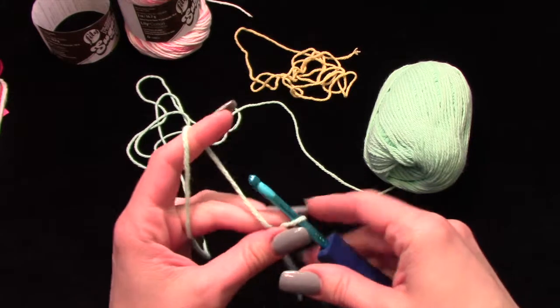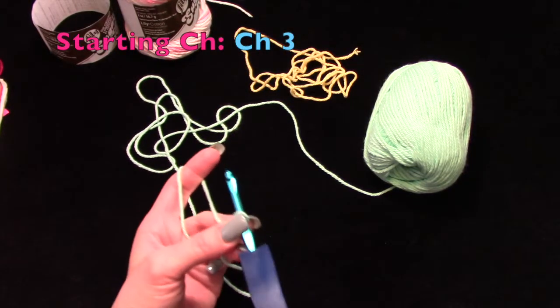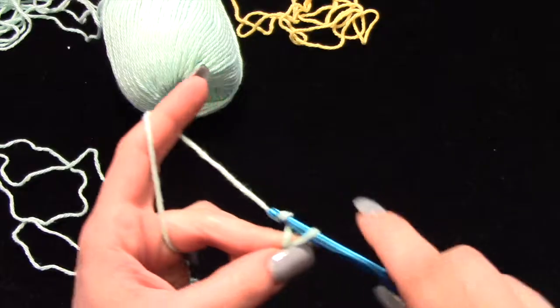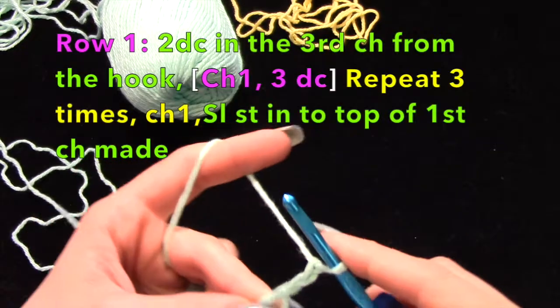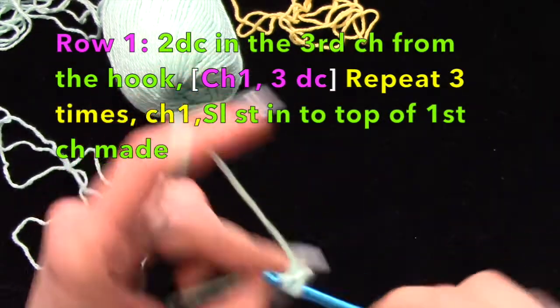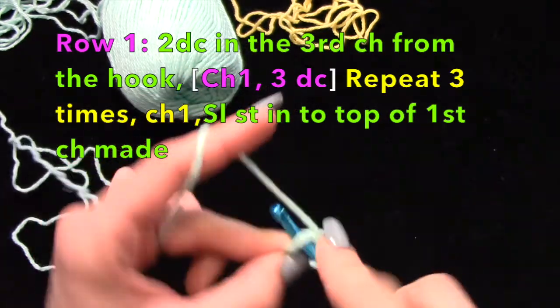All right, if you start with a slip knot, that's fine. If you've seen any of my videos, you know I don't. So you're going to chain 3, 1, 2, 3, and in that third chain from the hook, the first loop you made, you're going to do 2 double crochet,